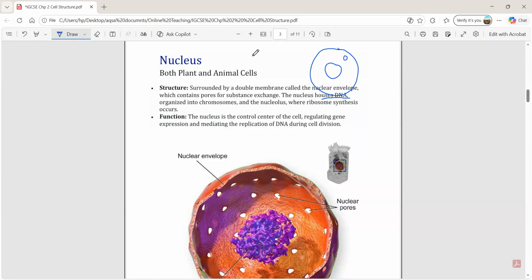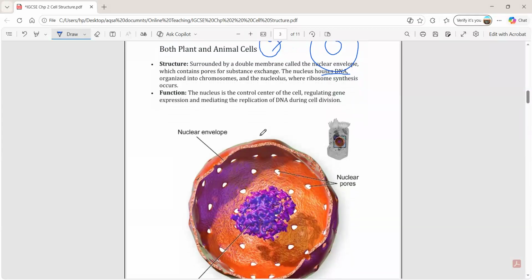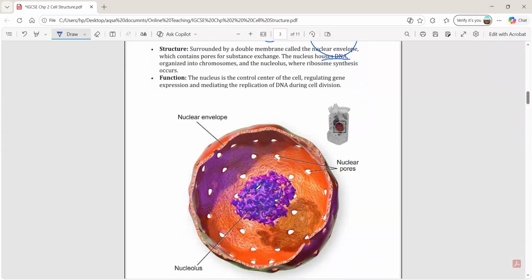So the ribosome consists of two parts, one and two. The ribosome consists of one small subunit and one large subunit. What is the ribosome? We can say this is the site of protein synthesis. Where will protein synthesis occur? In the ribosome. So the nucleus is the one which controls and contains all the genetic information